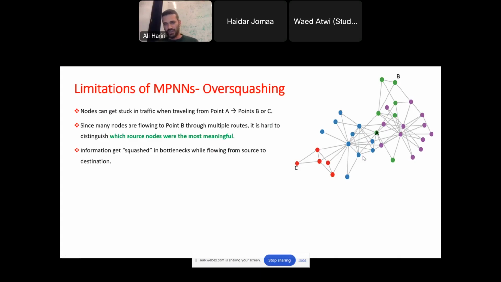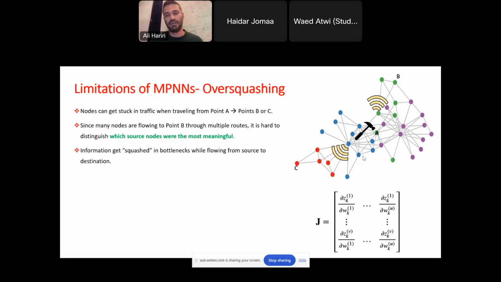It makes sense if you think about it, because as the information travels from point A to point B, or point A to point C, the information will be squashed within some specific regions throughout the graph. So at some point, when I make a disturbance at point A, I would want this effect to be felt at B, and I would want the effect to be felt at C. And this is what the Jacobian matrix, if you remember from calculus, does, at least for graphs.